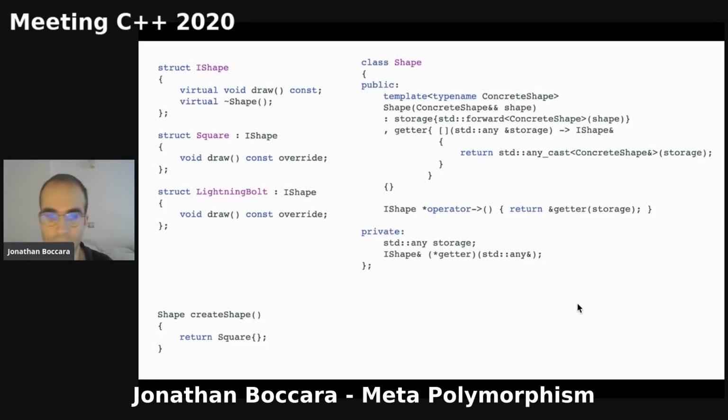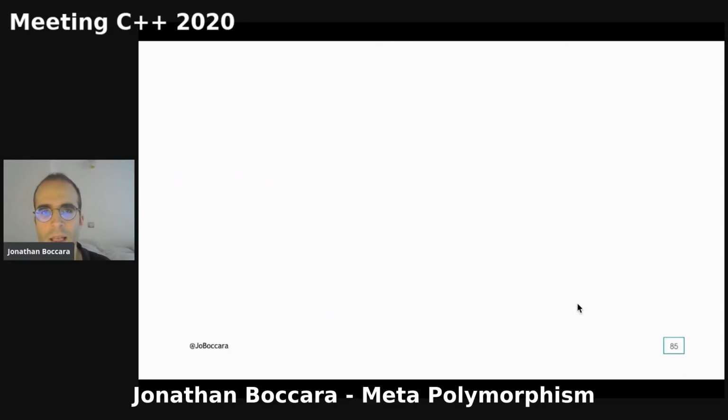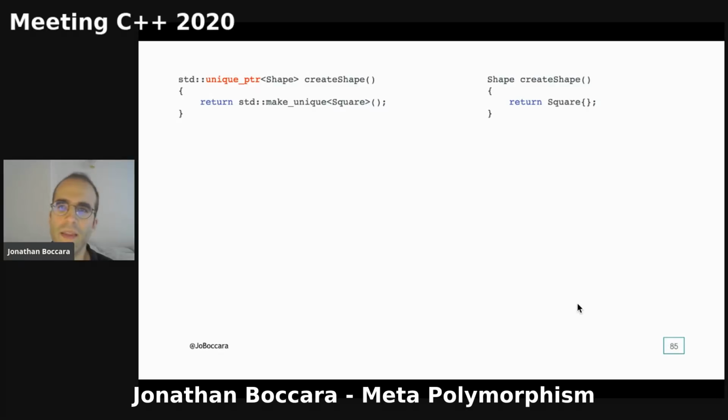Well, it allows us to have this shape that represents any kind of shape, but without it being a polymorphic object. So we don't have to use a unique_ptr to return it. We can just return it simply. Same thing for storing it into a vector. When you compare it with the regular way, you would have to store it with a unique_ptr. Now in practice, if we compare the two ways of returning a polymorphic object from a function,